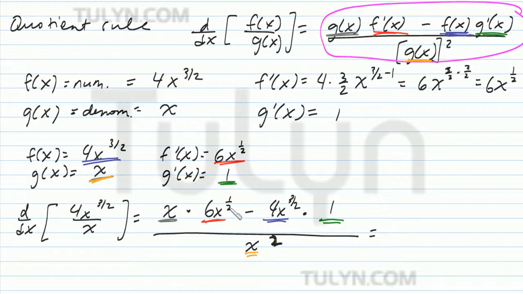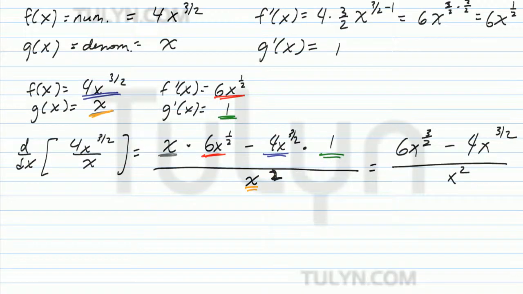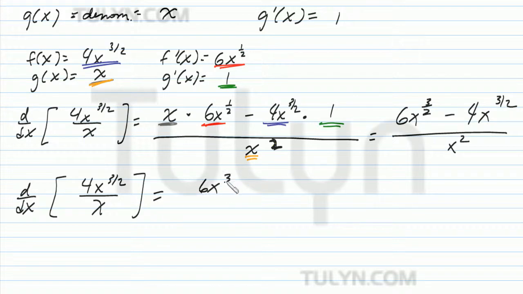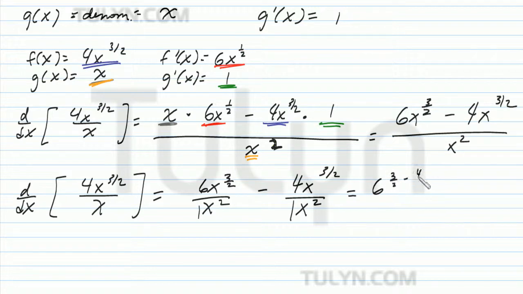So then that's going to be x times 6x to the half power. That's going to be 6x to the 3 halves power minus 4x to the 3 halves power times 1, which is 4x to the 3 halves, divided by x squared. So the derivative with respect to x of 4x to the 3 halves divided by x, just divide each term by x squared: 6x to the 3 halves divided by x squared minus 4x to the 3 halves power divided by x squared equals 6x to the 3 halves minus 4 halves, minus 4x to the 3 halves